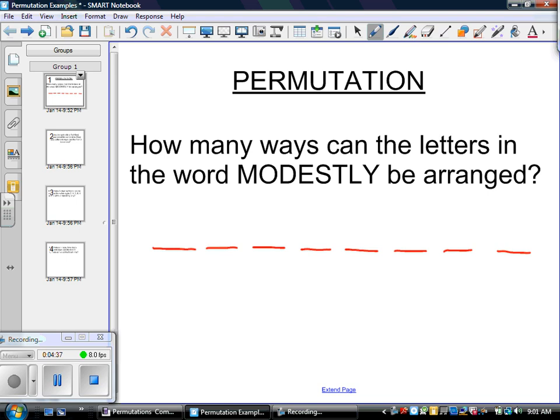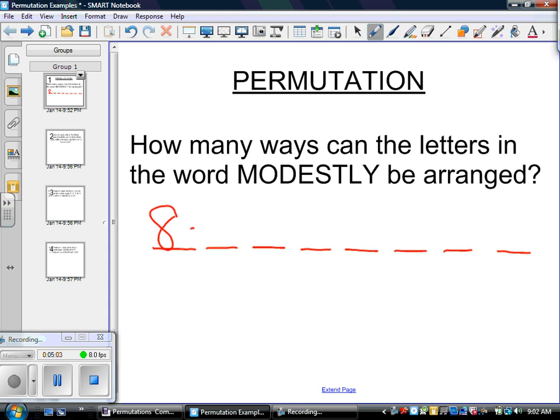And so now, in the 8 possible outcomes, and we have the 8 possible positions, we have in the first position 8 possible choices of letters. We can use the M, the O, the D, the E, the S, the T, the L, the Y, and so there are 8 choices for the first position. Now, if we are just trying to arrange these letters specifically, we're not going to allow for any repetition, and therefore